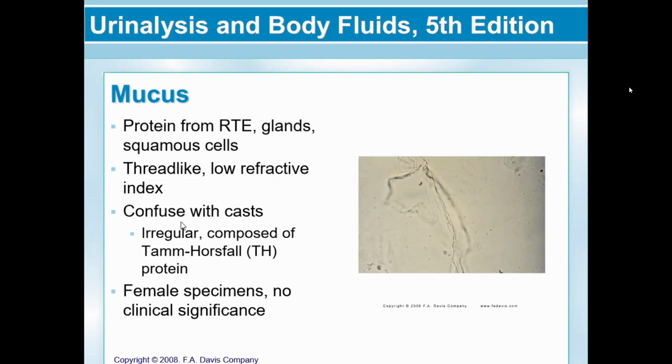So, next, we also have your mucus. Mucus is a protein produced from your renal tubular epithelial cells, your glands, and the squamous cells. It is normal in guys, usually not significant, and there is a lot of it, especially in women. We report this as mucus threads. Sometimes we confuse them with casts, but that is rare, because their shape is bizarre, just messy. Unlike your casts,